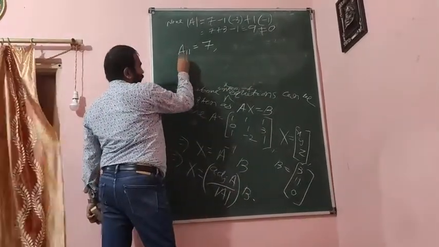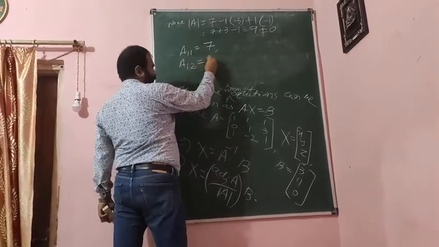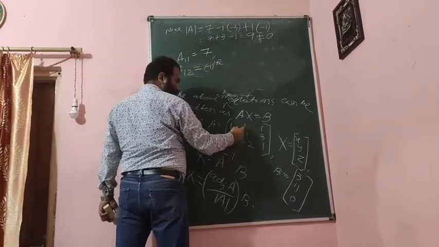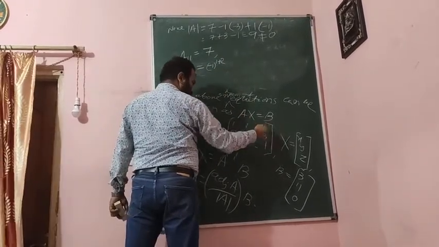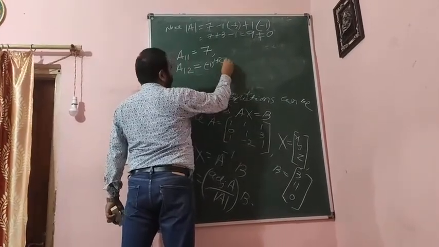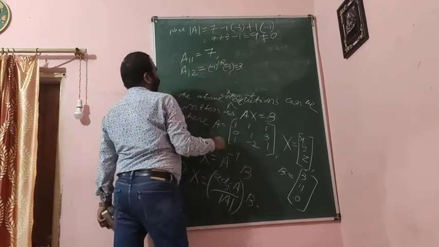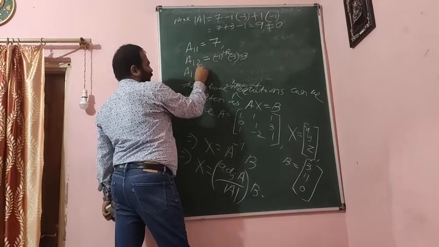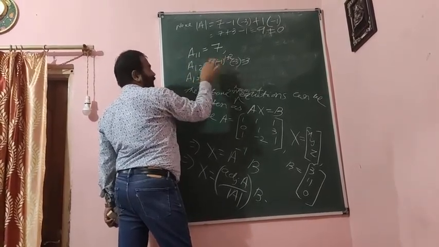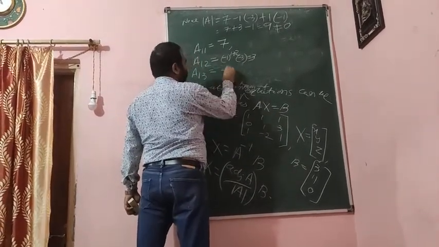So here you calculate A12. A12 meaning 1 plus 2, it is minus 1 to the power 1 plus 2, so it is negative. So here this column cancels, this row cancels. It is 0 minus 3, so it is minus 3. So here minus 1 into minus 3, that is plus 3. Okay, here come to A13. A13 meaning here the sum is even, so minus 1 to the power 3 is even, it is positive. So now you omit this, you omit this, you will get minus 1.